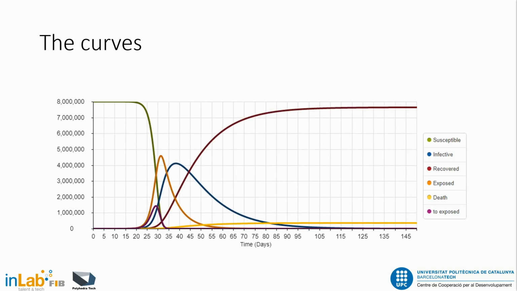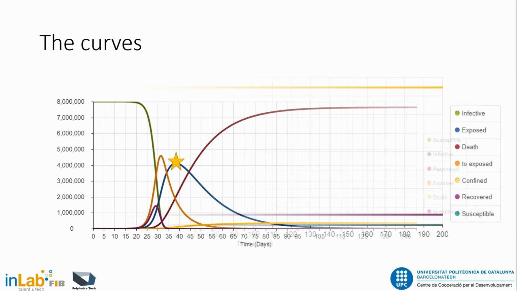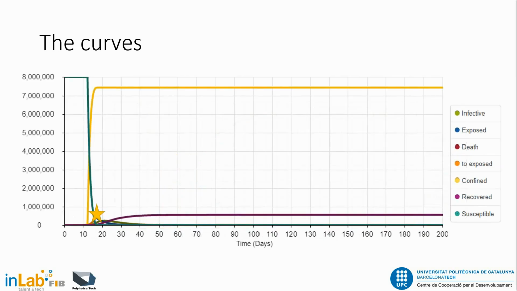Obviously, nobody wants to saturate the health system, hence some measures the policymakers must assume, like a confinement. Look at the difference in the shape that represents the number of infected people in one scenario without confinement and another with confinement measures. Here a new curve appears. In yellow, the people that are confined, hence not affected by the spread of the infection.